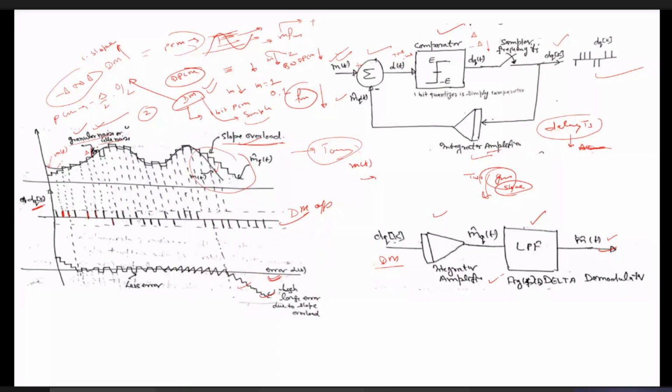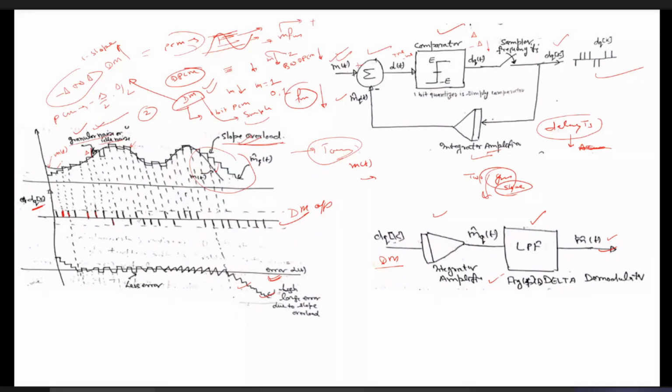What happens if there is a small, continuous variation of the message signal? Then this staircase function can easily follow the message signal m(t). But what happens if there is a sharp variation, that is, the slope of this message signal is large as compared to the slope of this staircase function? Then this staircase function is unable to follow exactly our original message signal. This happens only because of the large variation of the message signal with respect to time. So this is called slope overload.